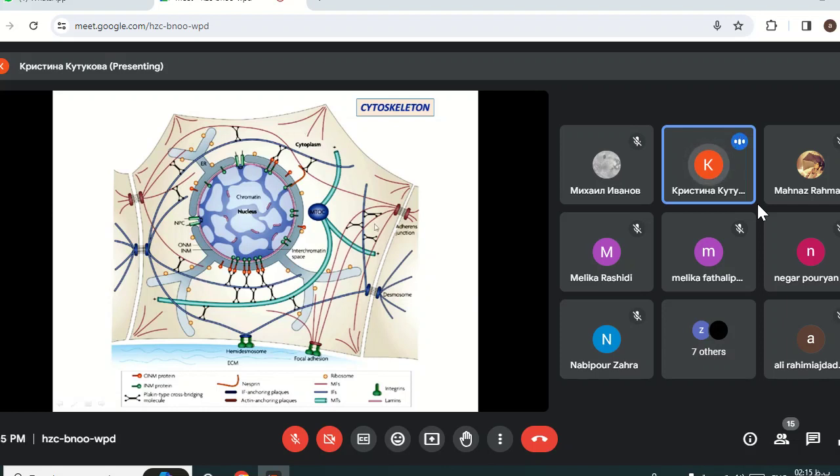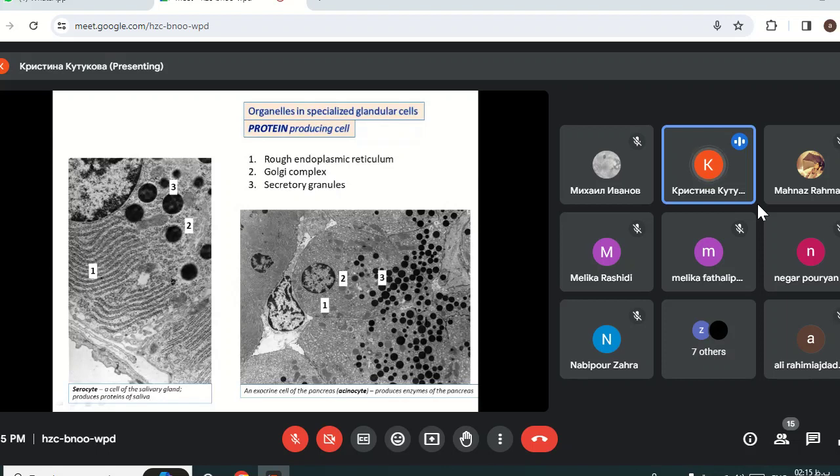So the cells are filled with these cytoskeleton elements, which help them to make the internal scaffold, because all of them are interconnected together, and the organelles are connected to the cytoskeleton elements, and also these cytoskeleton elements are connected to the junctions. Next, you have this specific task in your album, which is the description of the ultrastructure of the cell